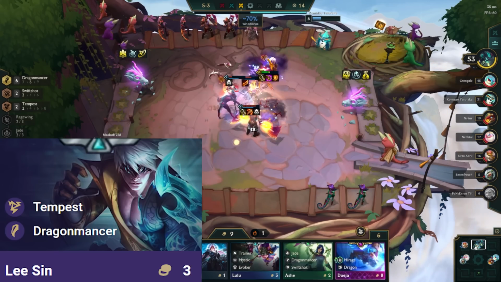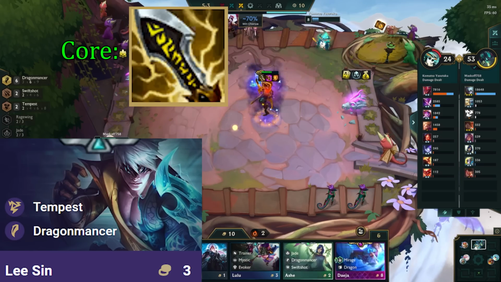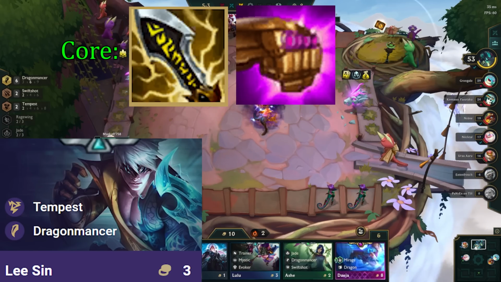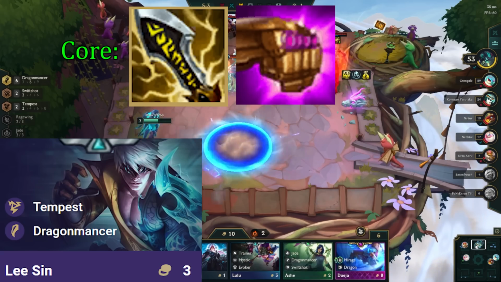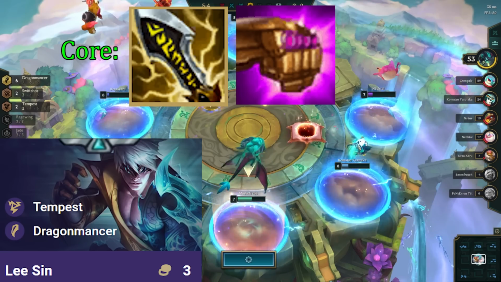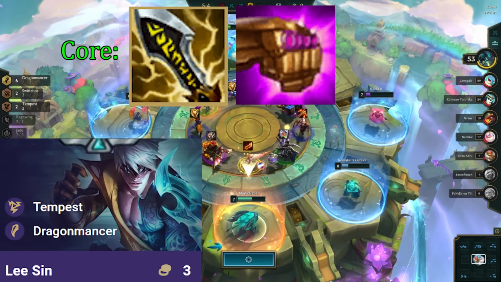Lee Sin is our main carry, so we prioritize making items for him first. He has 2 core items, and they are IE and JG. This is because his spell only deals AP, and we want that to crit 100% of the time. Since we get a ton of raw AP through the Dragonmancer trait, we want multiplicative scaling to that giant amount with critical strike. This allows Lee Sin to one-shot every single backline champion in the game, and that is what